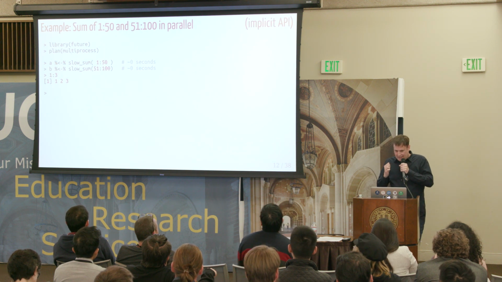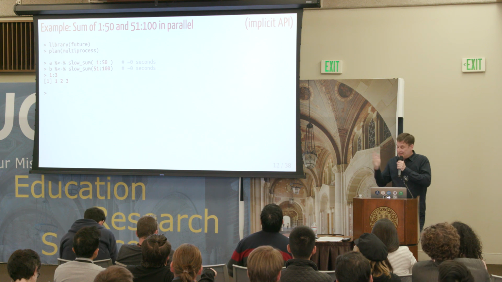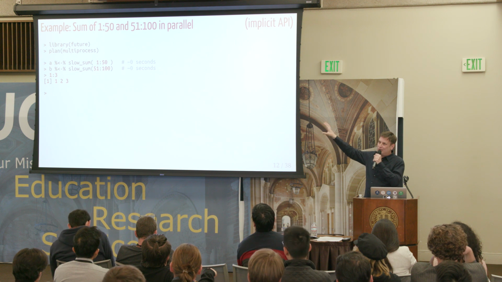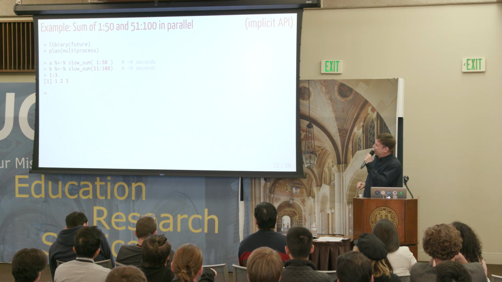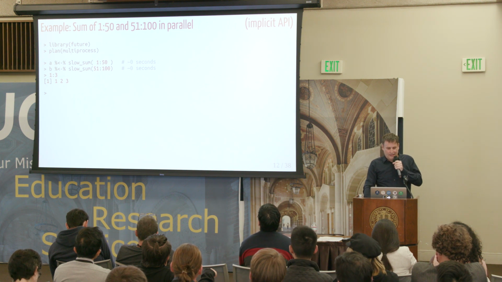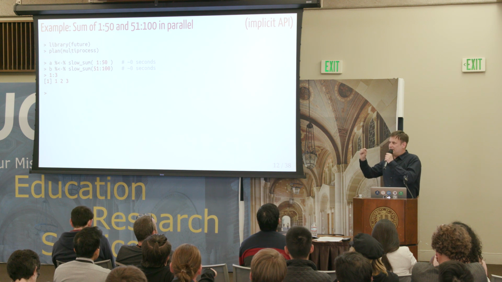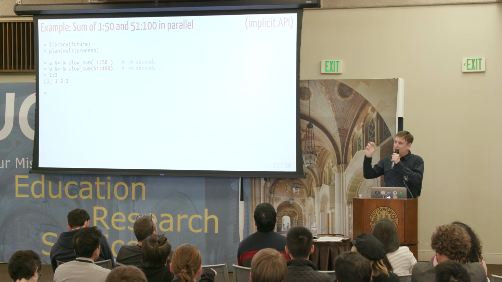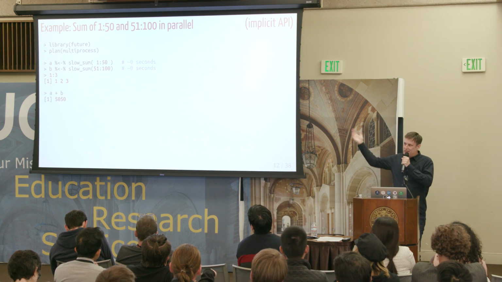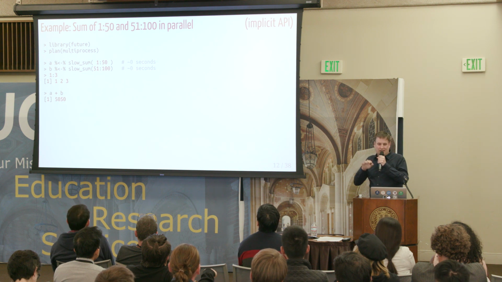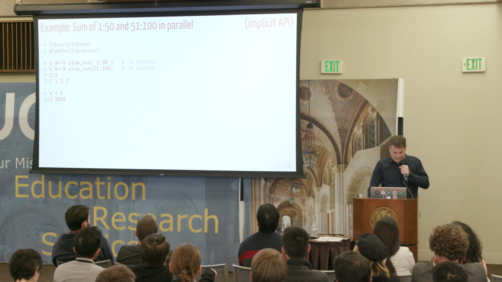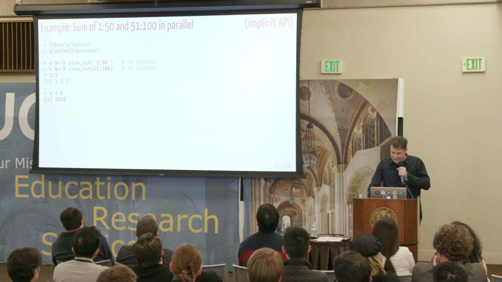Okay, so this is what the same code would look like if we used the future assignment instead. So it's almost like the non-parallel version. It's just that special assignment operator. And it's only when I try to touch A or B here now that it will block if it's not done. And if it's done, it won't block. I waited long enough, so it was already done. And at this point, when you touch them, they are regular variables. There are no more futures involved. So a little bit of magic.